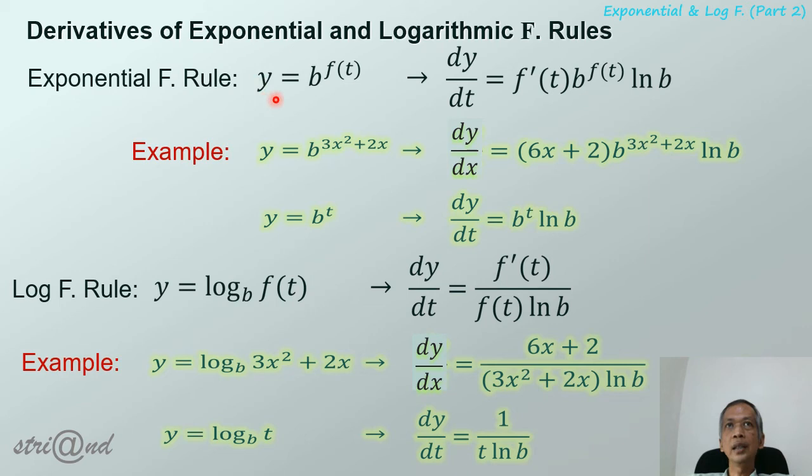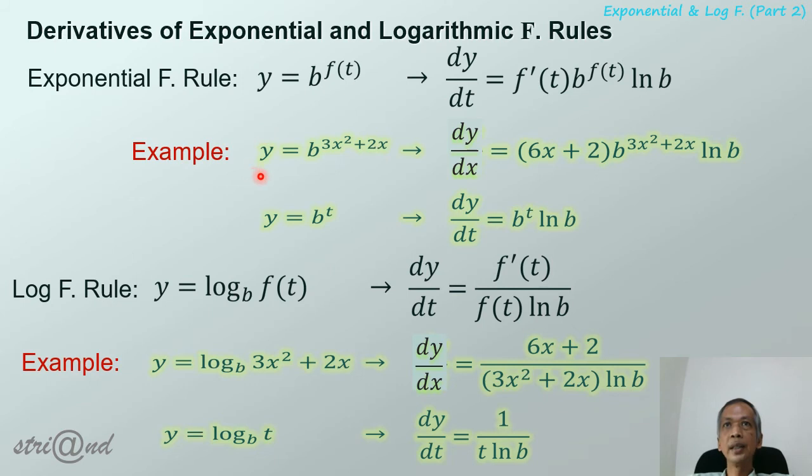When we have y equals b to the power of a function of t, the derivative of y with respect to t is the derivative of the function, times b to the power of the function, times the natural logarithm of the base b. For example, when we have y equals b to the power of 3x squared plus 2x, the